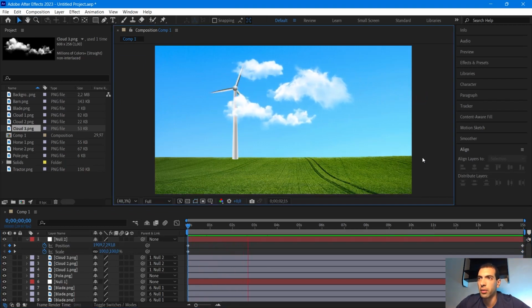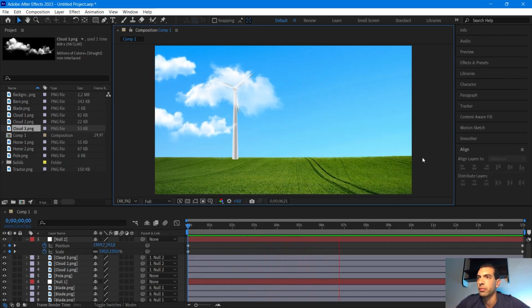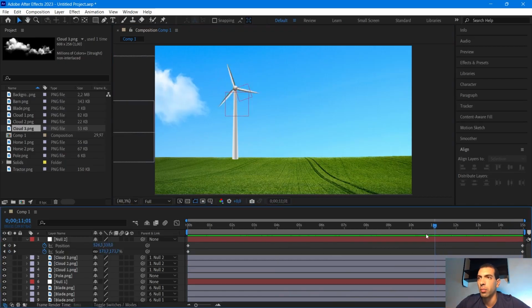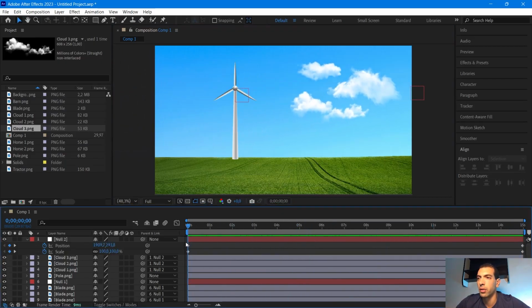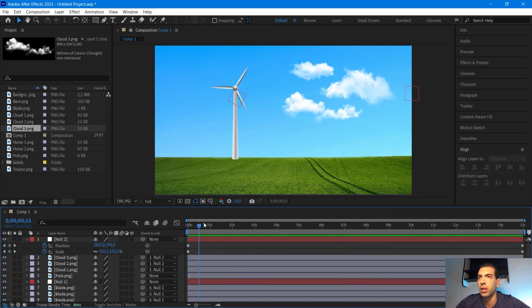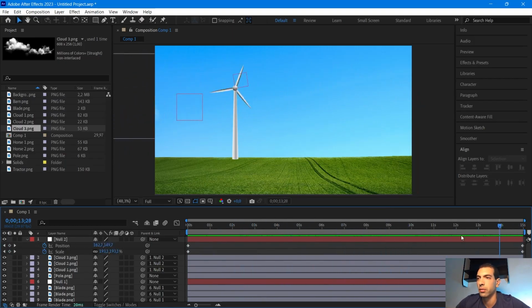We see the clouds moving and scaling up at the same time. So instead of moving each cloud and scaling each cloud one by one, I used the null object, and it made things much easier. As you see,